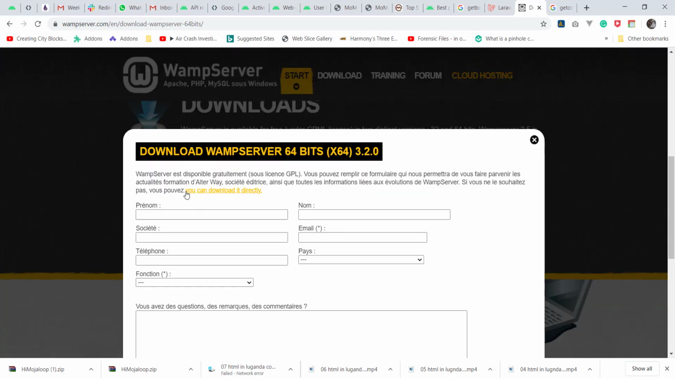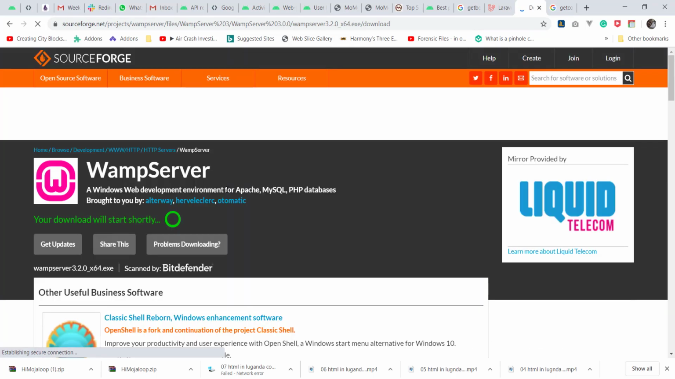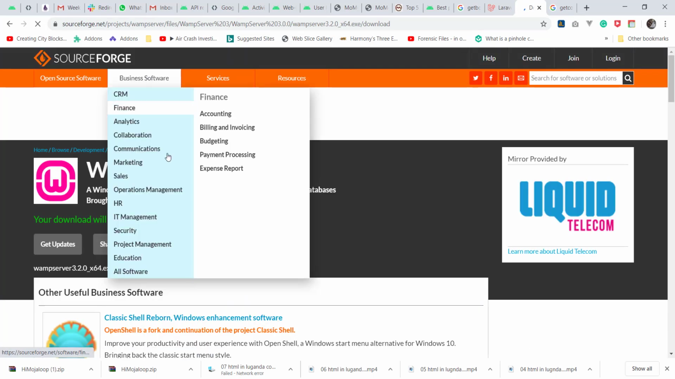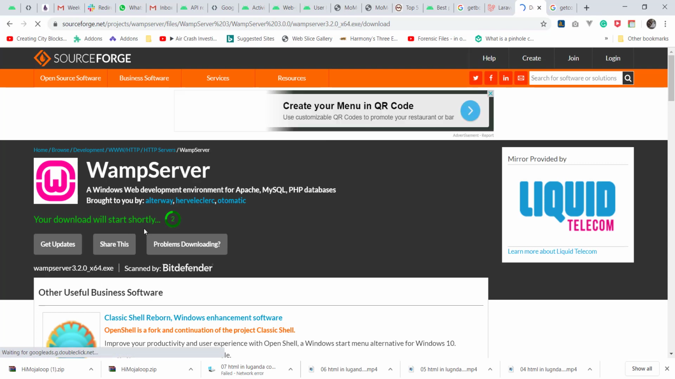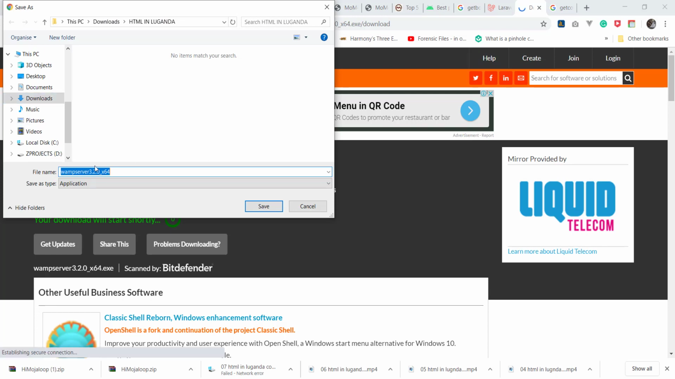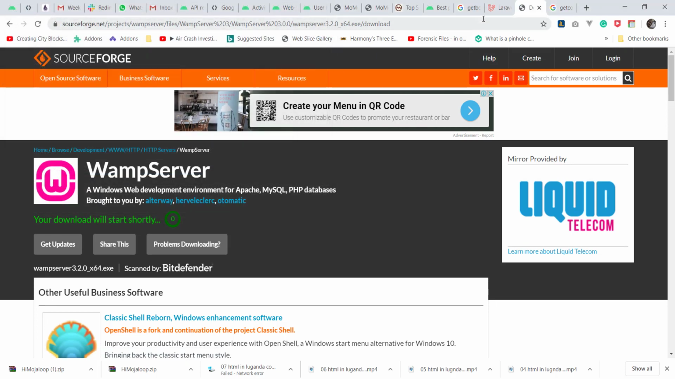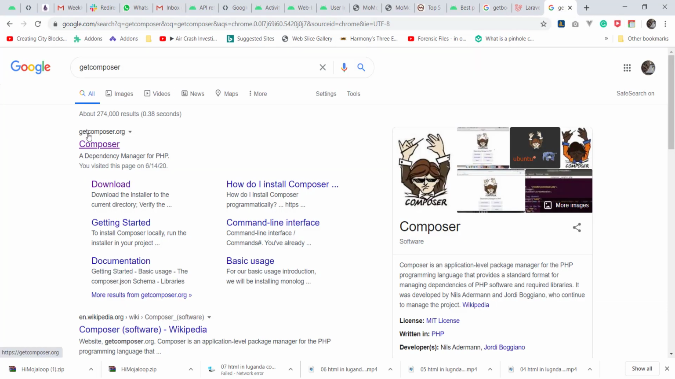Okay, so this one is in French, but you can download it directly. When you click on it, it takes you to SourceForge. Now it means I can go to SourceForge and get my WAMP server. So there is the download, and then you save, and then it will start downloading. Then after you install WAMP server, and then after installing WAMP server, we go to